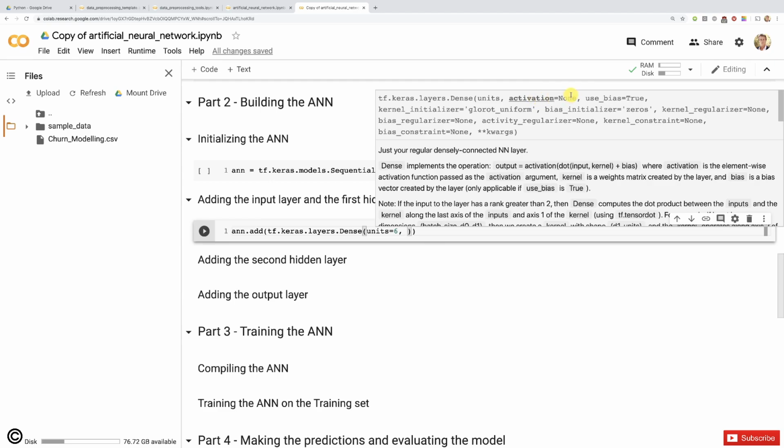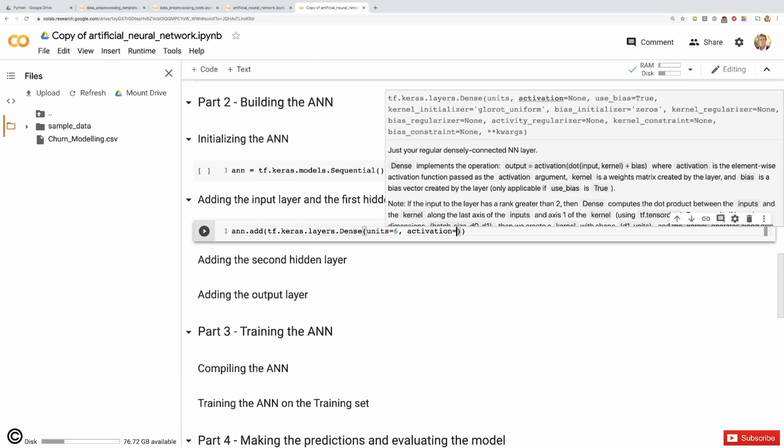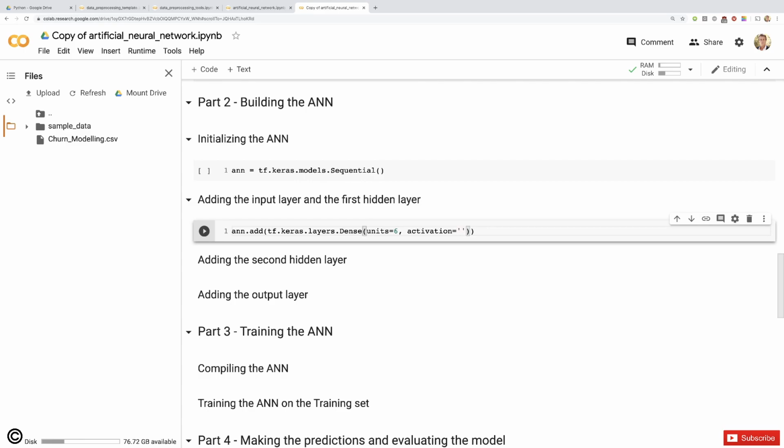We, of course, don't want no activation function. So here we have to specify that we want the rectifier activation function. The way to specify this is to enter in our activation parameter the code name for the rectifier activation function, which, in quotes, is ReLU. That's the code name for the rectifier activation function, and that is all you have to enter here in order to make a fully working first fully connected hidden layer. Congratulations, now you know how to build a shallow neural network,